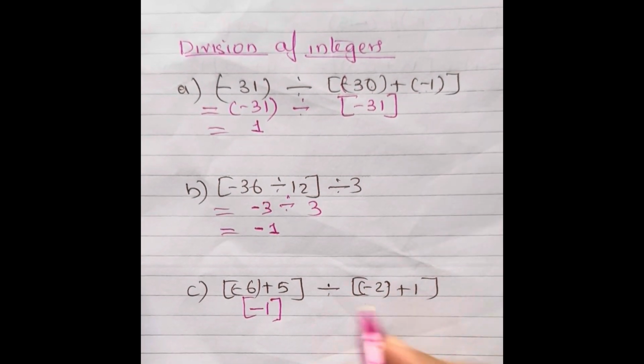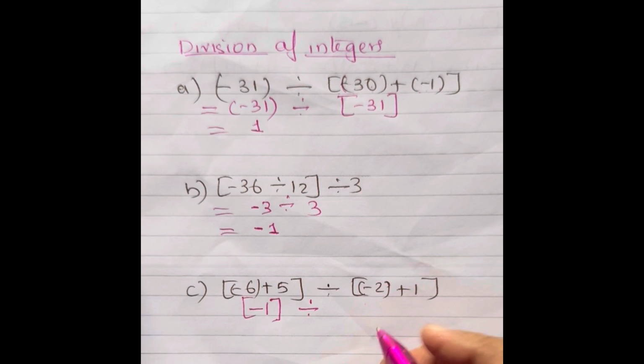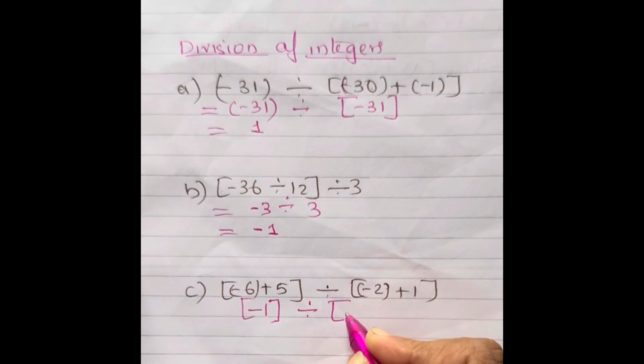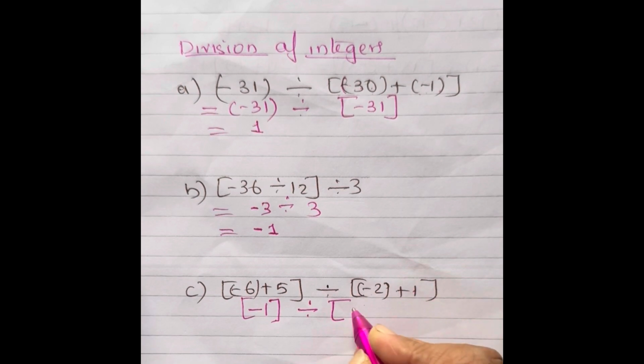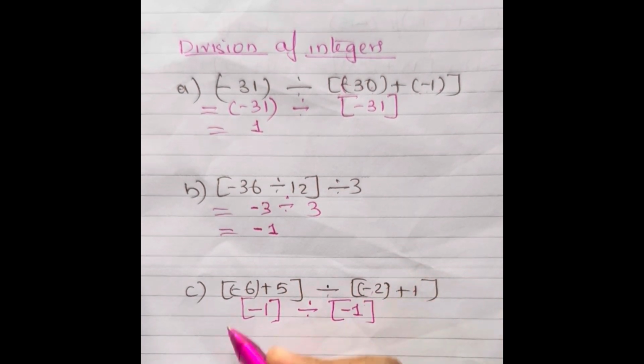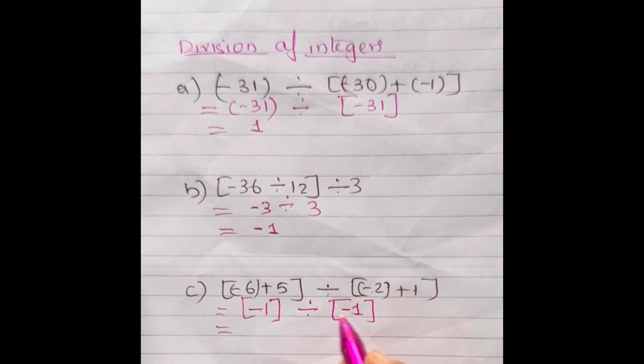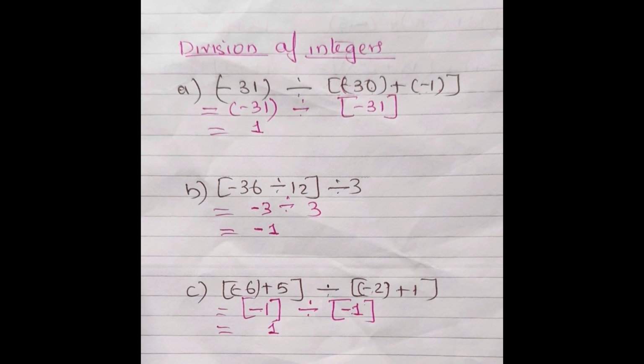Remember, the rules are a little different. Then divide by. Here also, different sign means subtraction. And we put this. So 2 minus 1 is 1. And we put the sign of greater, so minus 1, right? Now, minus 1 divided by minus 1 means you are dividing the same number. Both are negative, so the answer will be positive. And 1 divided by 1 is 1. I hope you have understood division of integers.